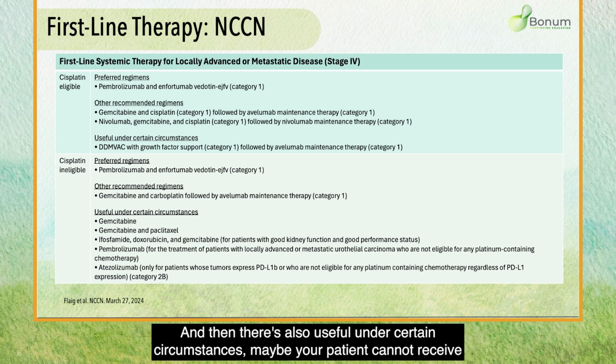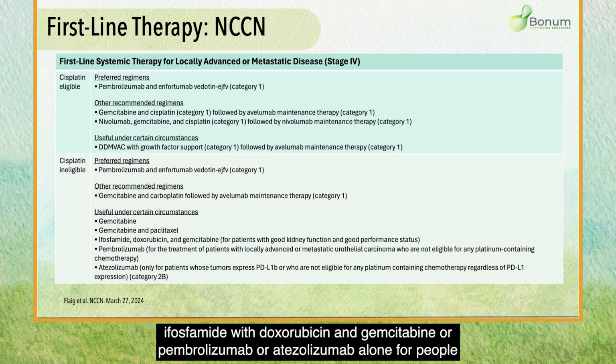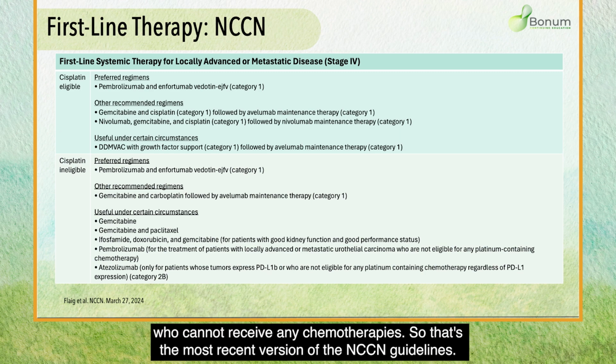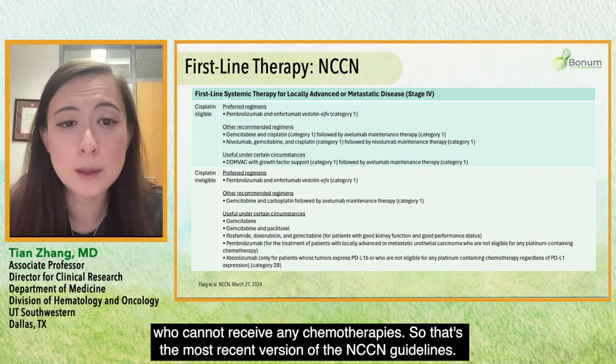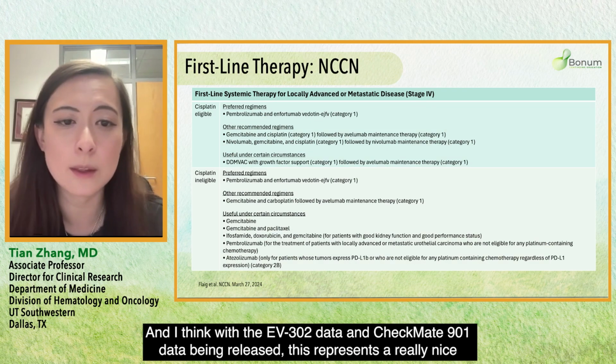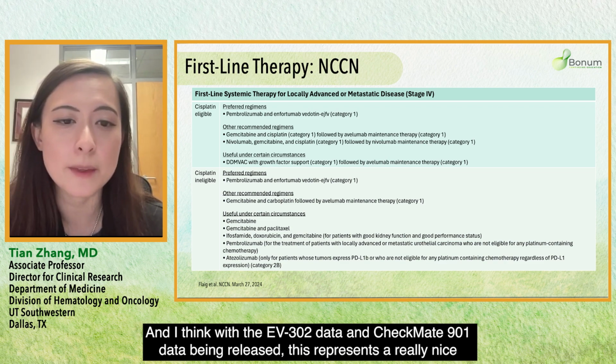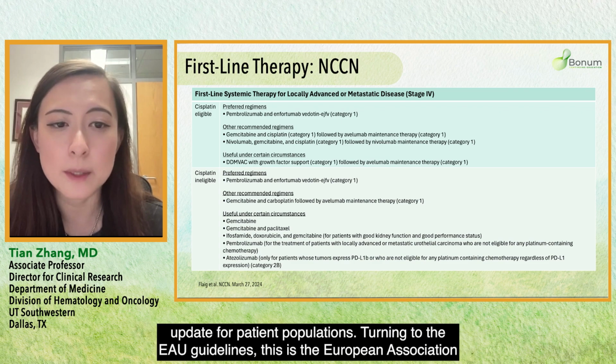And then there's also useful under certain circumstances. Maybe your patient cannot receive any PD-1 inhibitor. And then we're thinking about gemcitabine alone, gemcitabine paclitaxel, ifosfamide with doxorubicin and gemcitabine, or pembrolizumab or atezolizumab alone for people who cannot receive any chemotherapies. So that's the most recent version of the NCCN guidelines. And I think with the EV-302 data and CheckMate 901 data being released, this represents a really nice update for